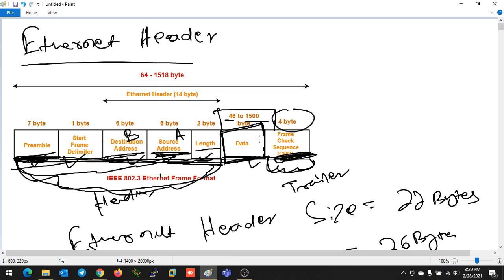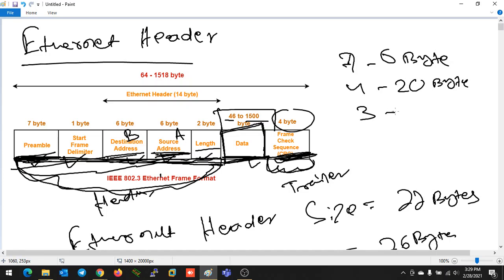Then when the data comes to the transport layer, TCP or UDP will attach its header. If it's TCP, it will attach 20 bytes of information. Then it comes to layer 3, where IP also attaches a minimum of 20 bytes of information.